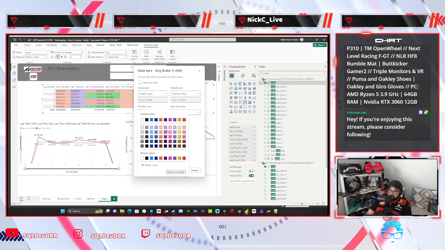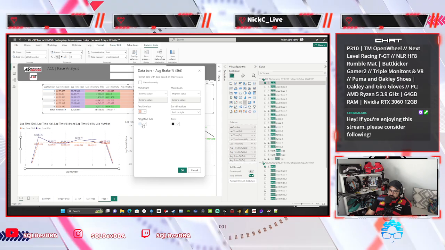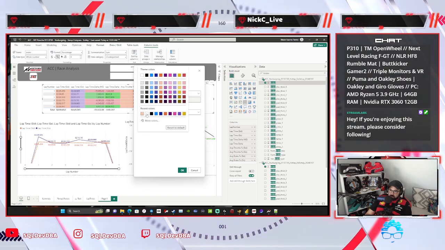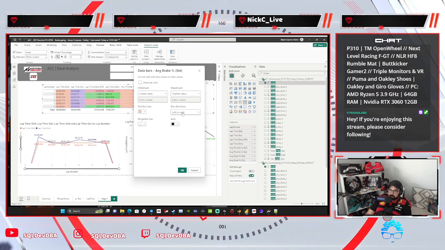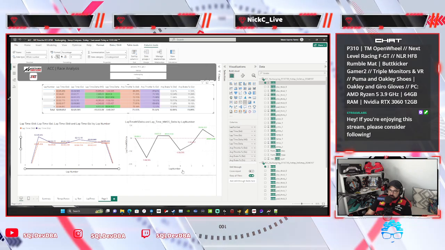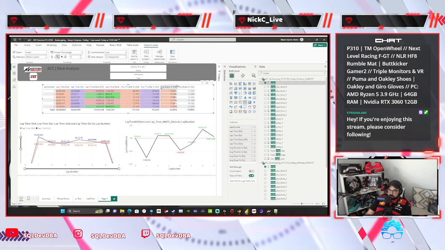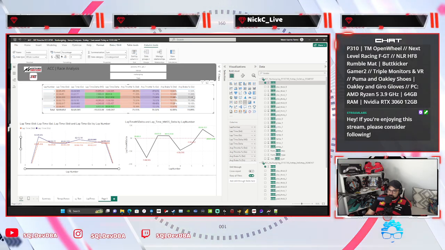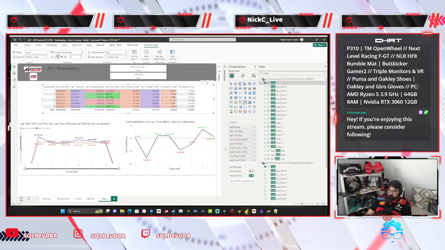And we will say the positive bar is orange. The negative bar is just going to be red. No, just white. We don't want it to show that way. All right. We can even show the bar only if we want to, but here we want to show everything. So there we go. Now we can kind of see the percentages that we were shown. And our average brake,